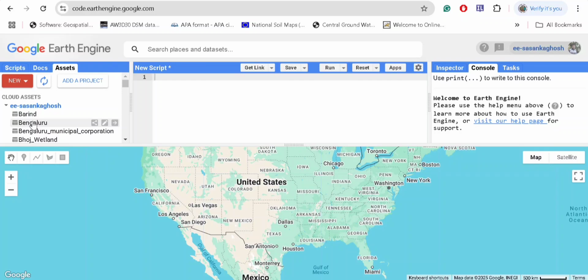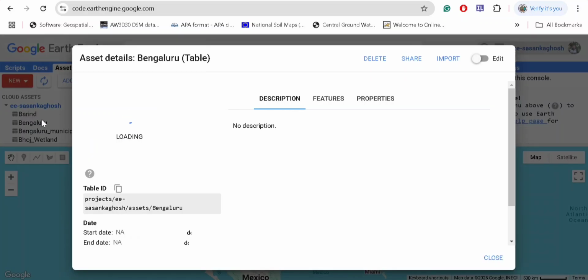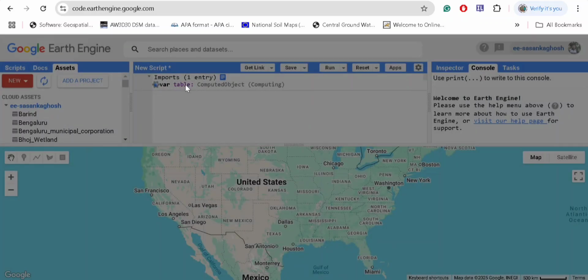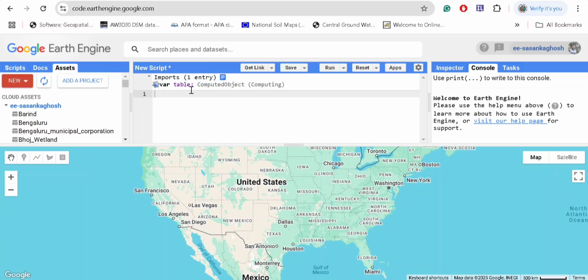So I'm taking here the shapefile of Bengaluru Municipal Corporation area, and once I click on this import option, it will import the shapefile into this Earth Engine platform. So it is imported. Now we have to change this name. So I am giving a name of BMC, that is Bengaluru Municipal Corporation. And after importing this shapefile, now our task is to import the image that we want to use for calculating